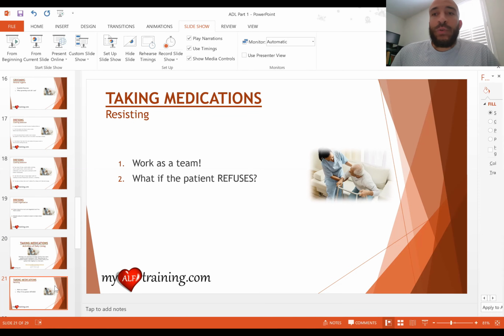So how can we do this? We need to work as a team. We need to work with the doctors. We need to work with our other employees to make sure that we have our medication ready. We understand why the patient's taking it, and we're all on the same team when we go in to talk